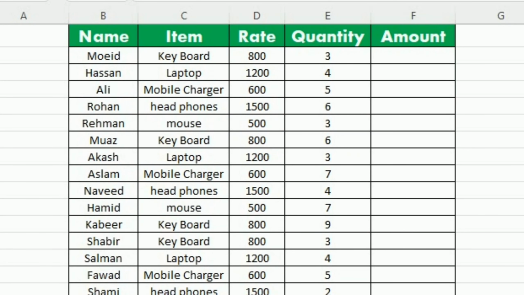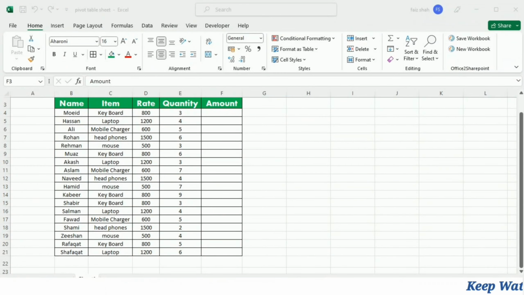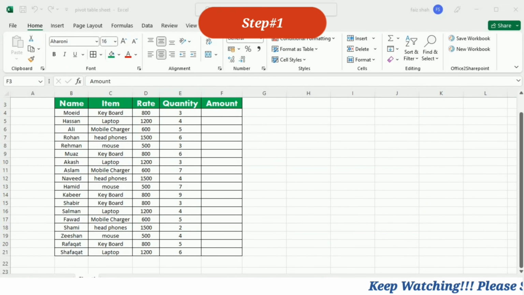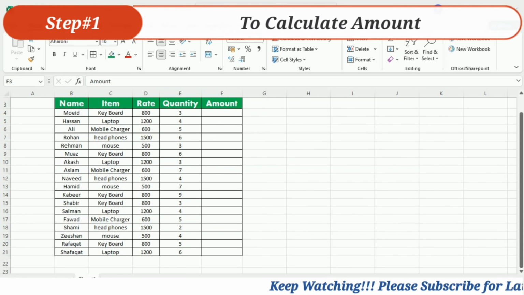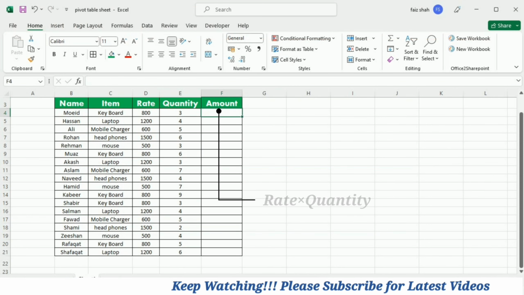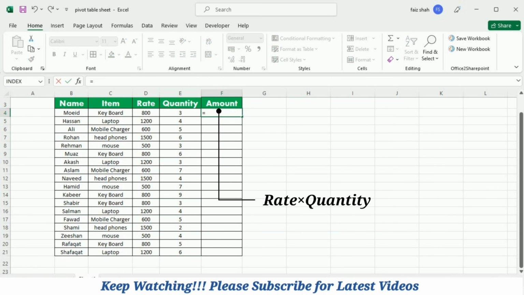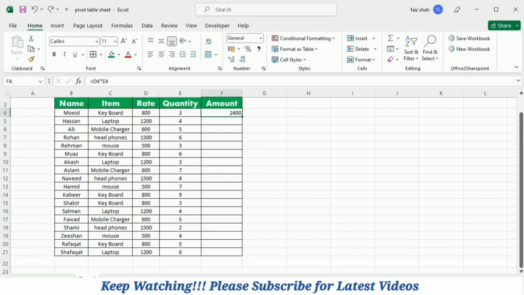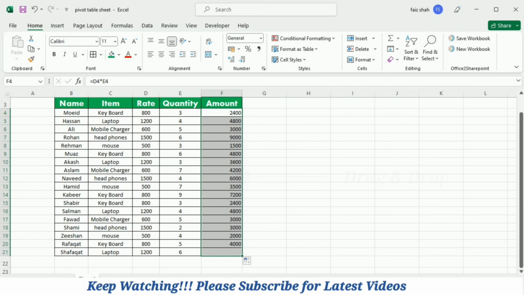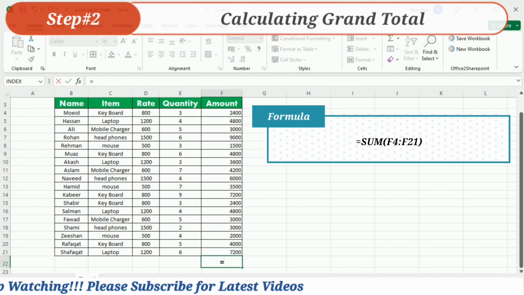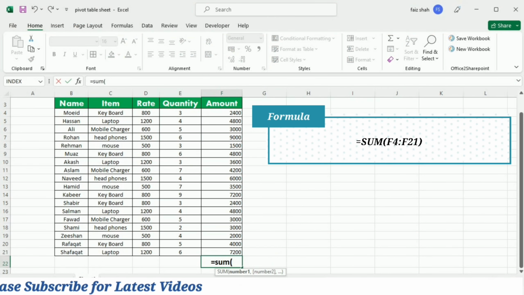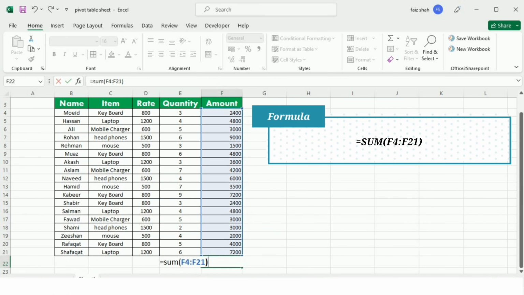This is the data that I will use to demonstrate the use of the SUMPRODUCT formula. Normally, to calculate the grand total, first we have to calculate the amount. So we can calculate the amount by writing equal and then multiplying the rate with the quantity. To calculate the amount for the rest of the values, I am going to use this drag and drop method. And then I have to write equal SUM, bracket start, and then add all these values, bracket close, and press